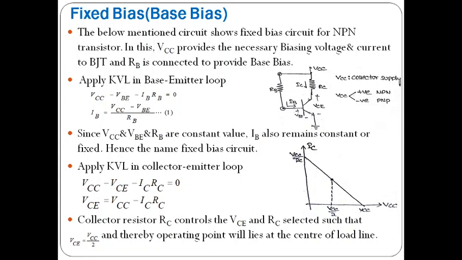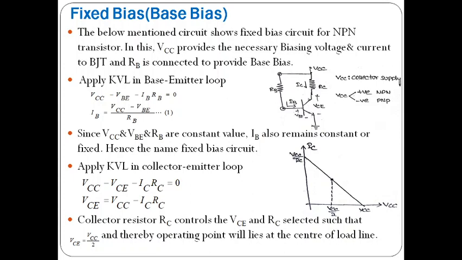So when RC increases, the IC value decreases. Then automatically VCE also changes. To select the proper RC value, what do we need to do? VCE is always VCC by 2. Why? Because we already said that the Q point must be kept at the center of the DC load